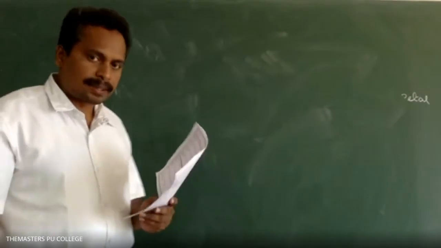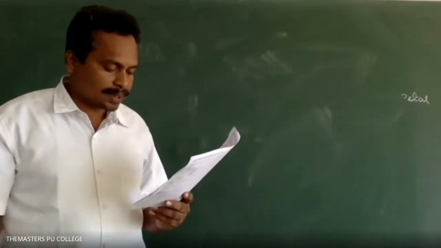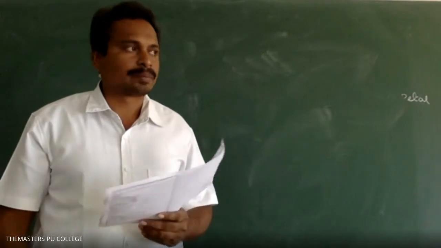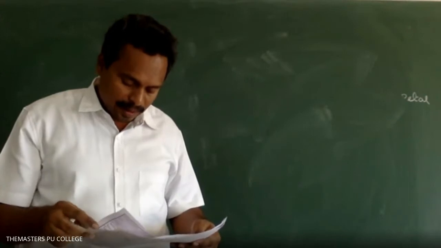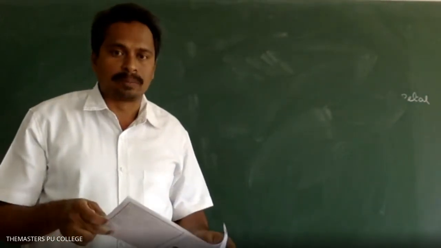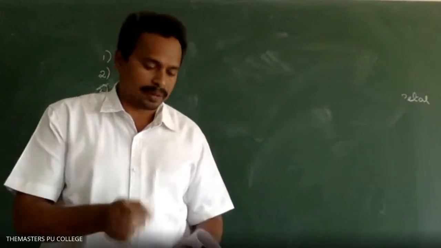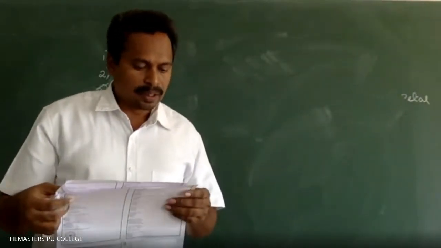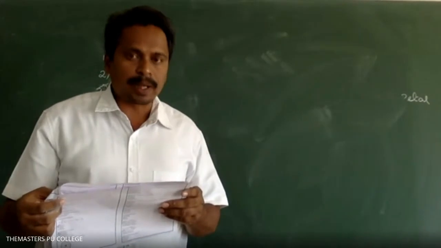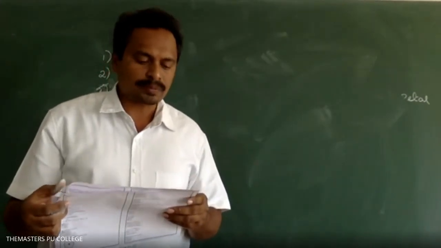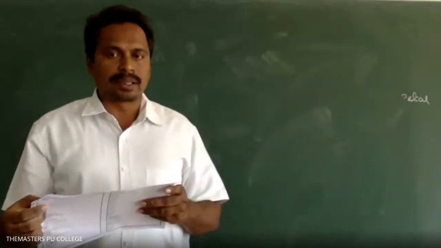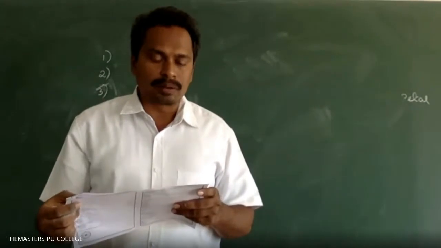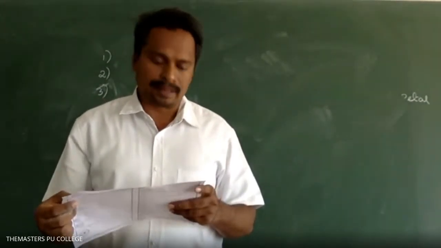The first option is the seed in grasses is not endospermic. Grass is a monocotyledon, which is endospermic, but here it says not endospermic. Next, the second option is mango is a parthenocarpic fruit. Mango is non-parthenocarpic. Yes, very good. Next, a proteinaceous aleurone layer is present in maize grain. Correct, sir. Yes, it's correct.